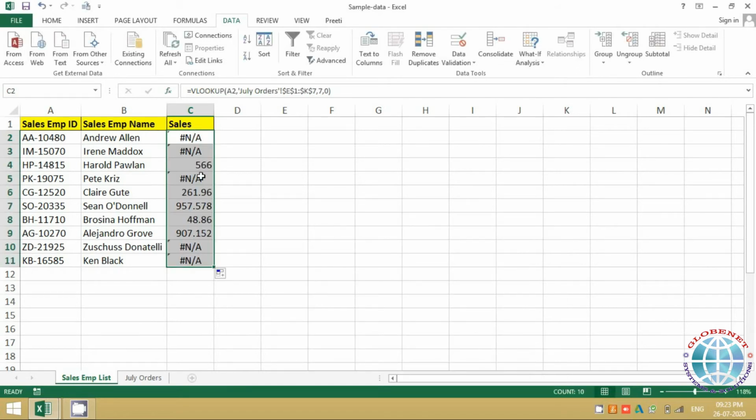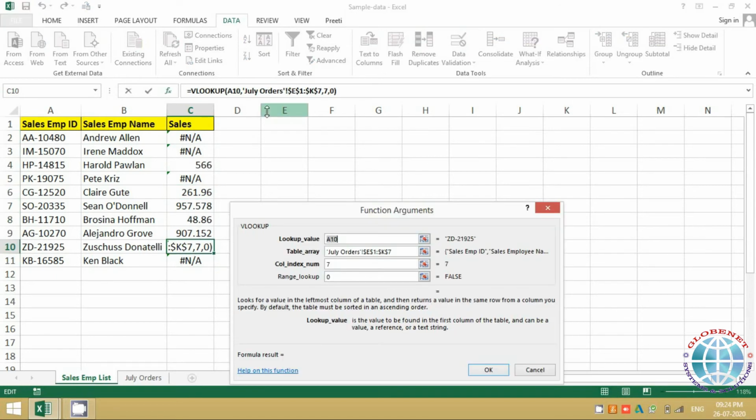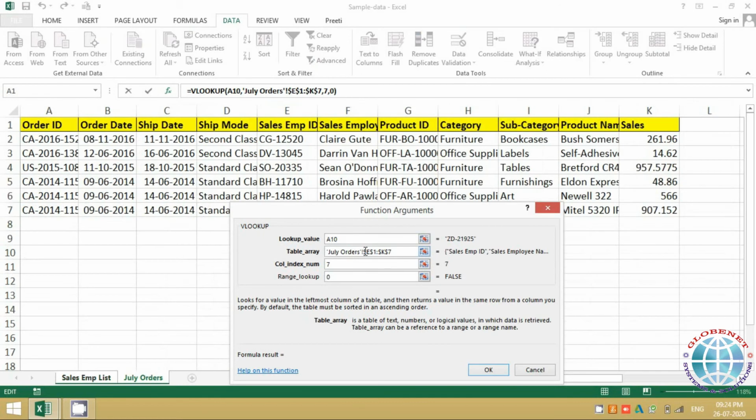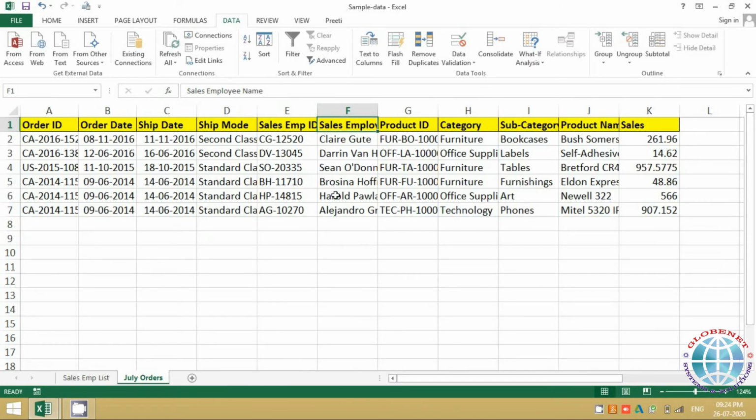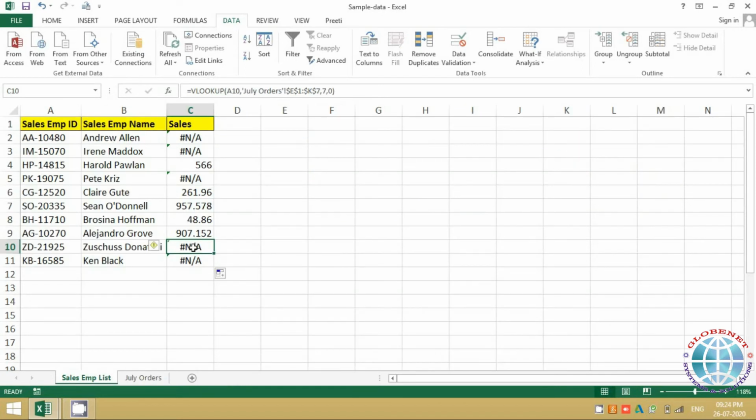So if you notice, we've got more values and this is right. If I just go to any cell over here, let's say I want to see why there is this error. Okay, here my reference and all is proper. So probably the error is because this employee hasn't done any sales. That's why the name is not over here. If you quickly have a look, that employee is not there, and hence we've gotten #NA. So such errors are perfectly fine.